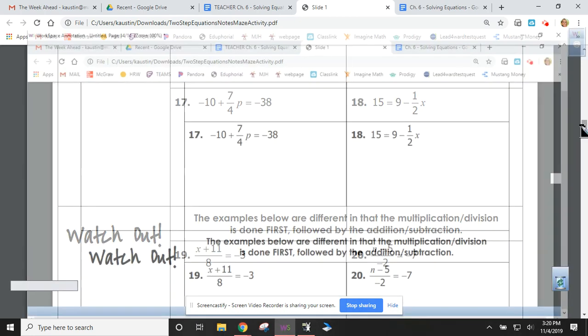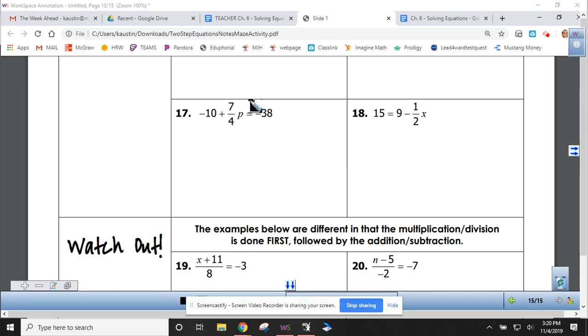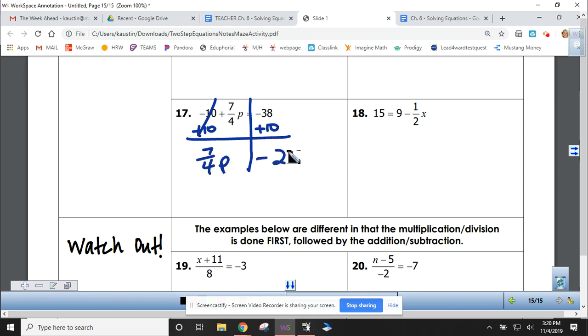Okay, 17 and 18, same process again. Draw a line. I need to add this 10 to move it. That's gone. Bring down everything that's left. 7/4 p equals -38 plus 10, which is -28. Since it's a fraction, I'm going to multiply by its reciprocal. Flip it. Multiply each side by that. P equals, if you put that in the calculator,